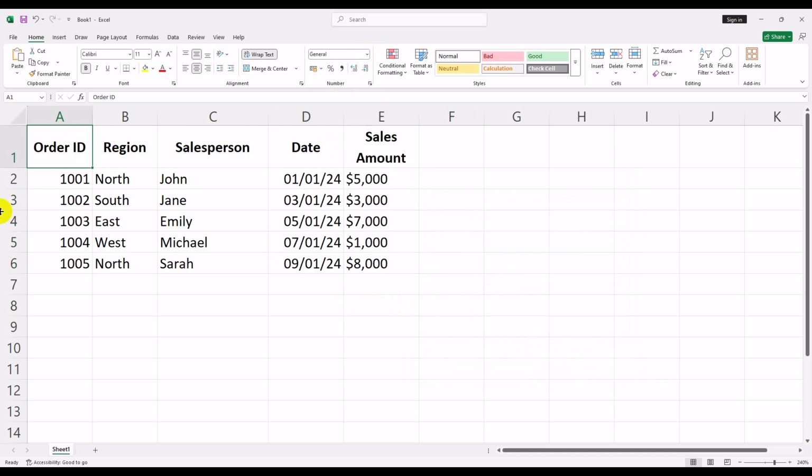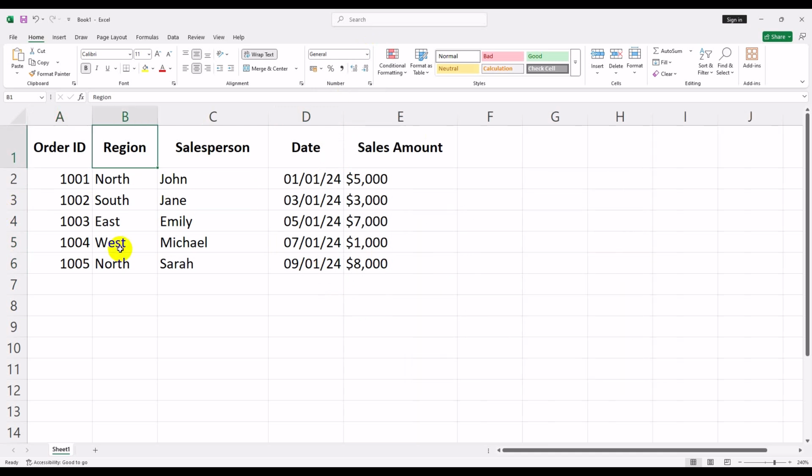Order ID, Region, Salesperson, Date, Sales amount. 1001, North, John, January 1st, 2024, $5,000. 1002, South, Jane, January 3rd, 2024, $3,000. 1003, East, Emily, January 5th, 2024, $7,000. 1004, West, Michael, January 7th, 2024, $1,000. 1005, North, Sarah, January 9th, 2024,